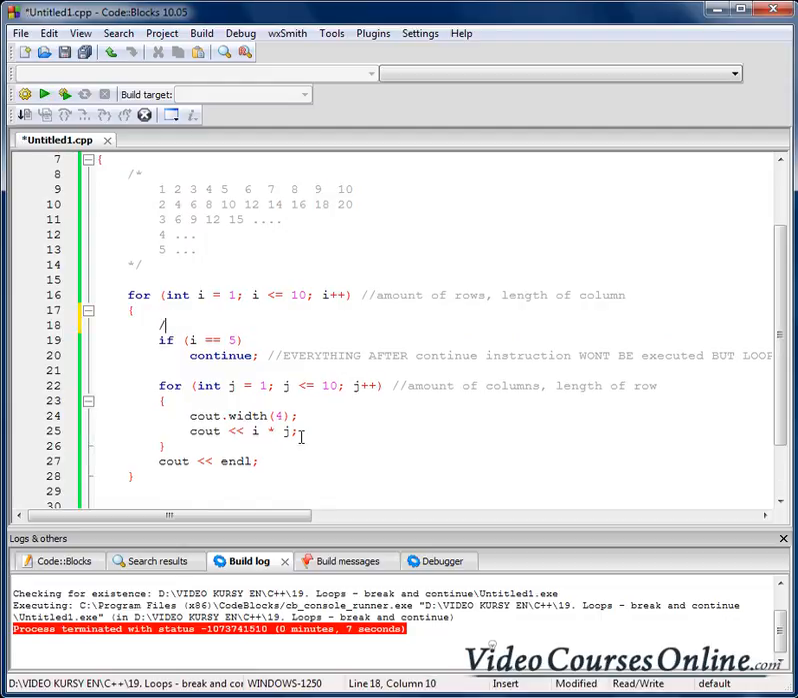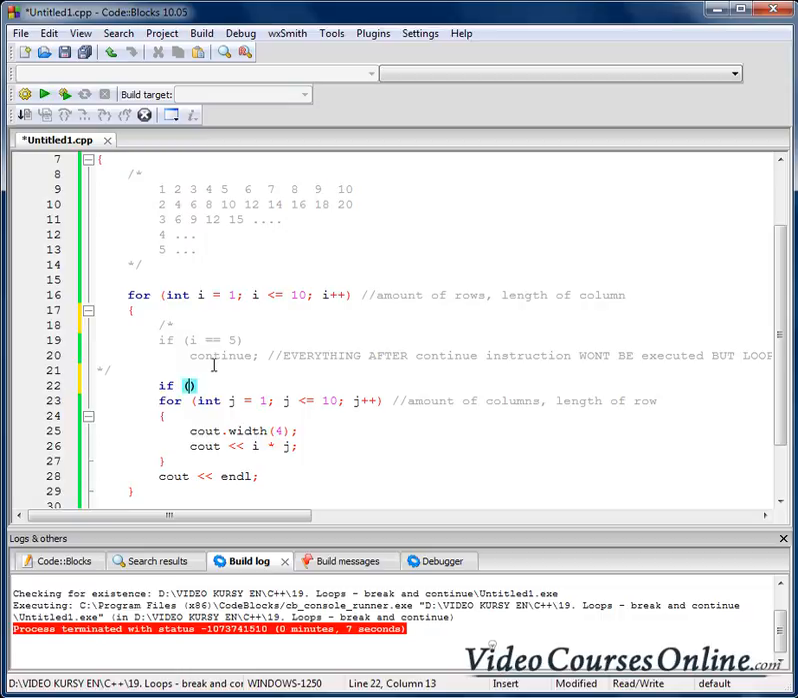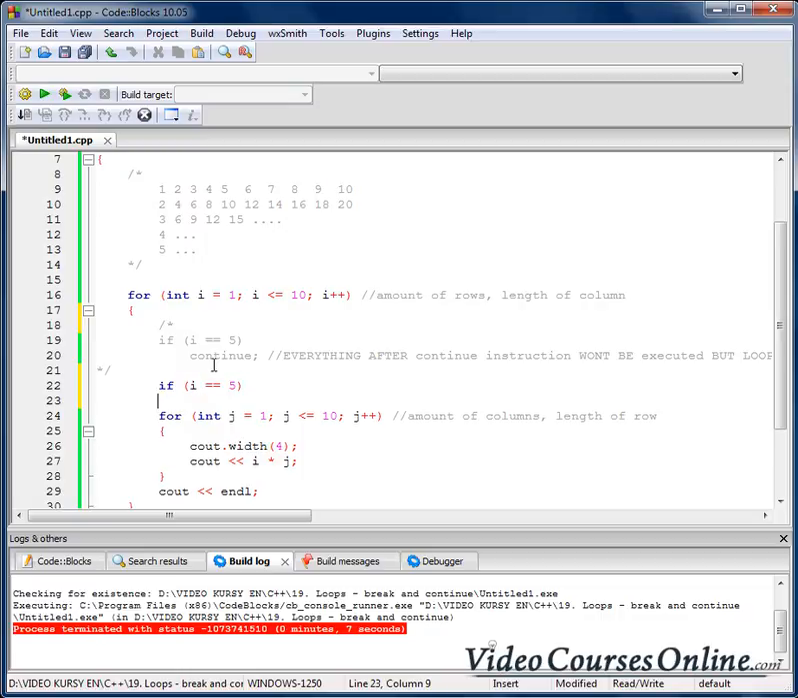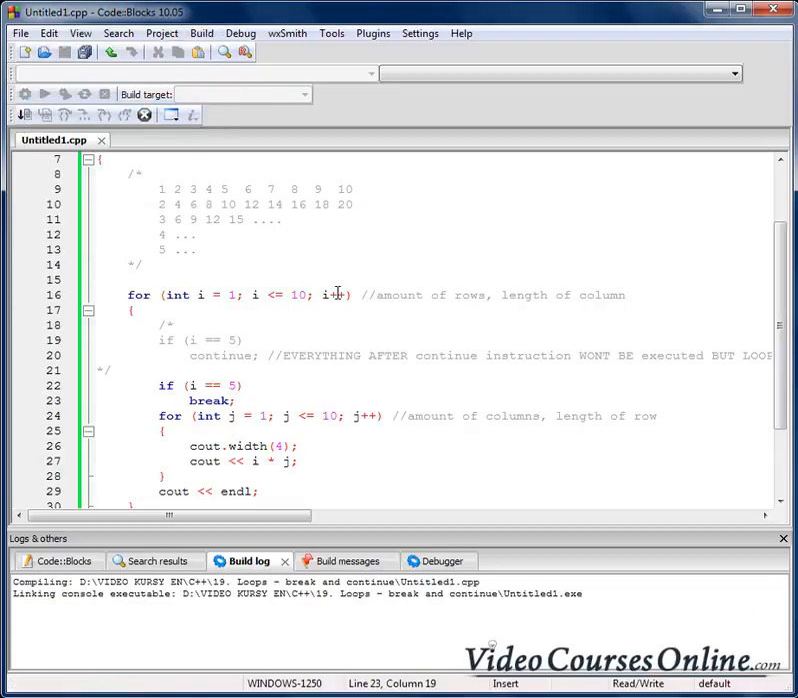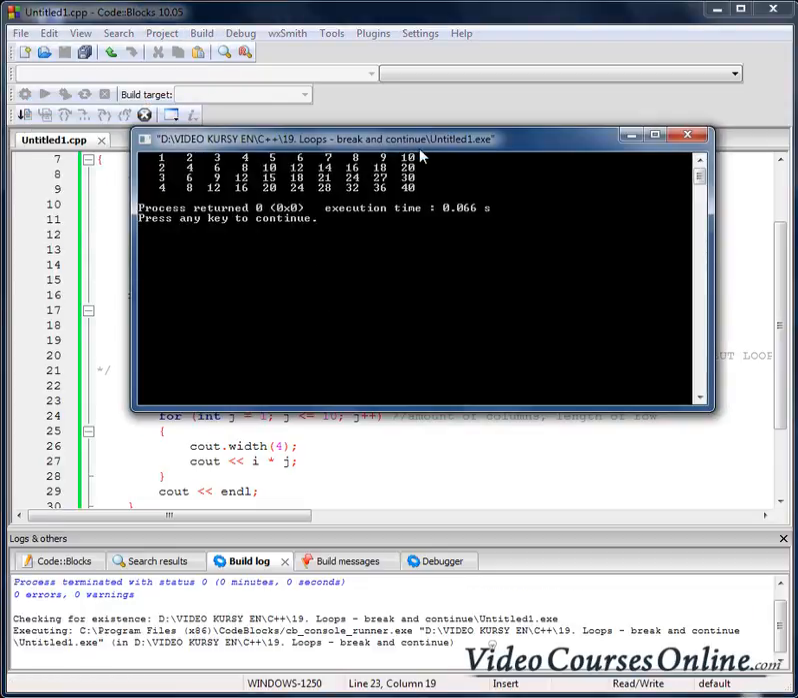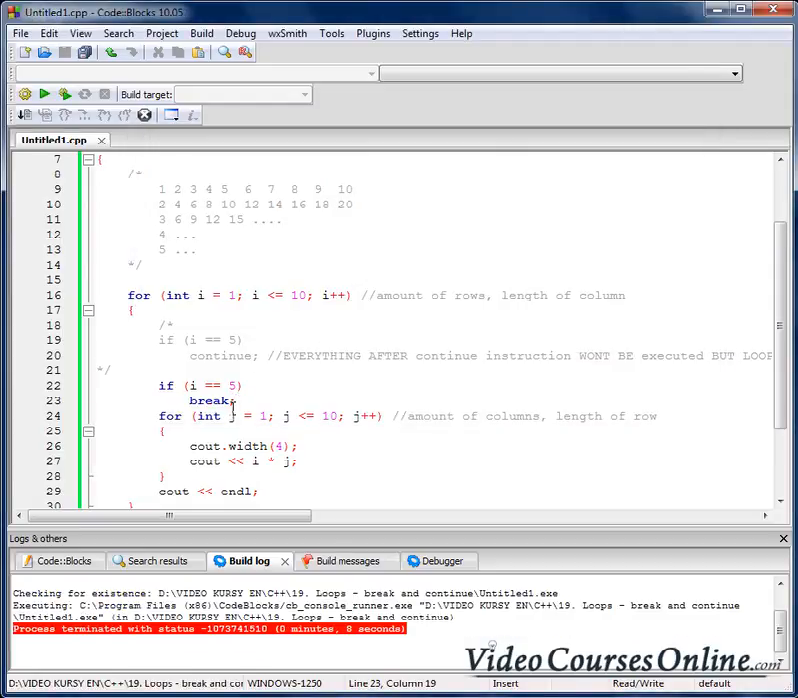Okay, so this is the continue instruction. It works like that. Now I'd like to tell you about the break instruction. What will happen when I do something like that? Break. As you can see, we can't see right now anything after the 5th row. So break is working like that: everything after break won't be executed,